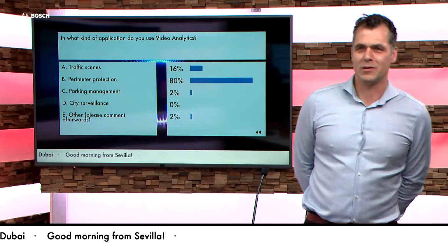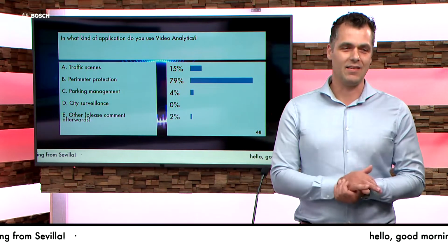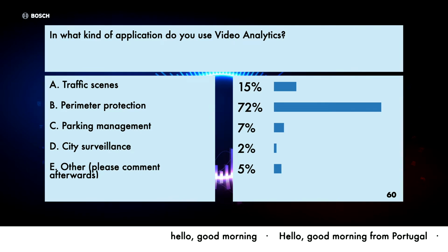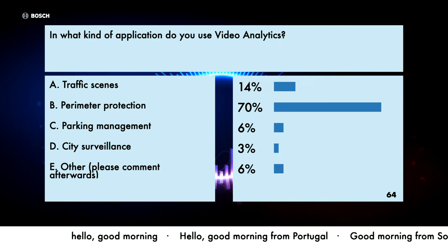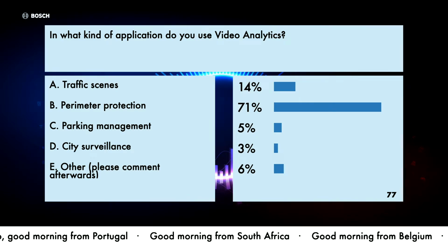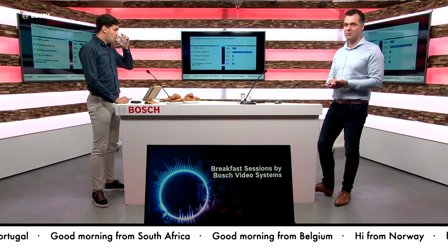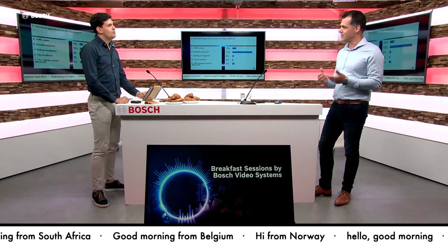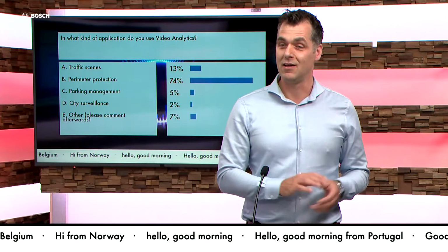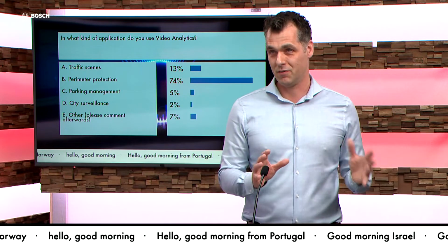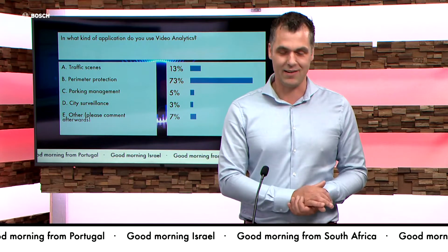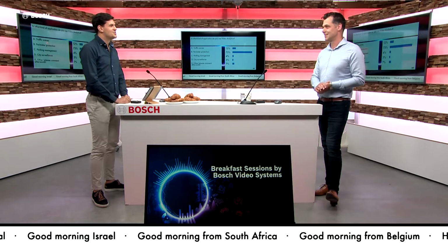Exactly. Already quite some interesting results coming in here for perimeter. I would say perimeter is really where, for historical reasons, we are very good and very powerful with our IVA. And our IVA is extremely capable for perimeter applications. So I'm happy to see that people dialing into a Bosch breakfast call also support that. I would say we even have many more capabilities nowadays with our engine, so we can do even more outside of just perimeter protection. The perimeter is not easy, don't get me wrong. It is actually quite complex to do in the right way. But we can do even more things nowadays. So hopefully I can spark that idea. That's very nice to see. Very interesting. Let's dive into it.